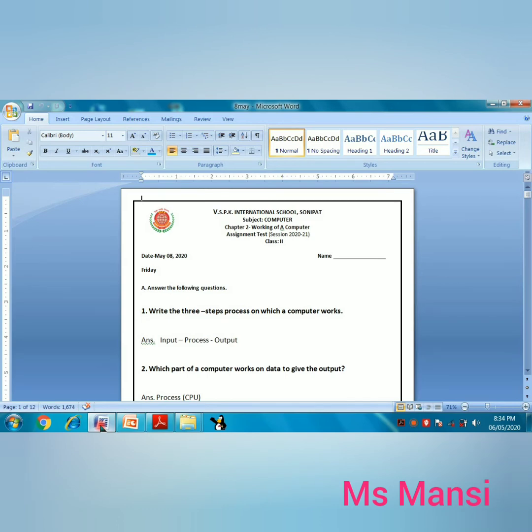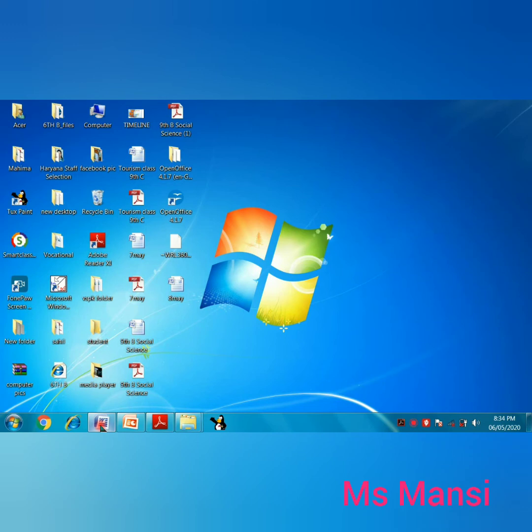Okay students, now I will tell you the new arrow peek feature that allows you to turn the open windows transparent. Just point to the show desktop button at the right edge of the taskbar. See, our screen is transparent. See, now the Tux Paint which is at the pinned taskbar is becoming transparent. Students, now I will tell you about jump list.